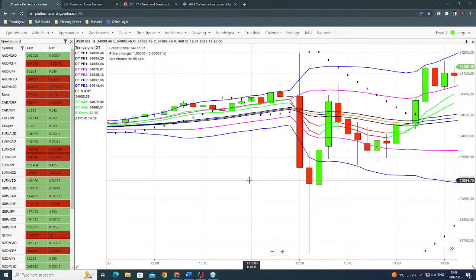Now, I don't care about the data, obviously I do from an economic and social standpoint. I'm interested in whether the economy is doing better or worse. From a trader's perspective, I don't actually care. All that I really care about is that something's happening. I don't even try to interpret it too much, because I'm not a fundamental trader. What I do care about is the impact that it has on prices.